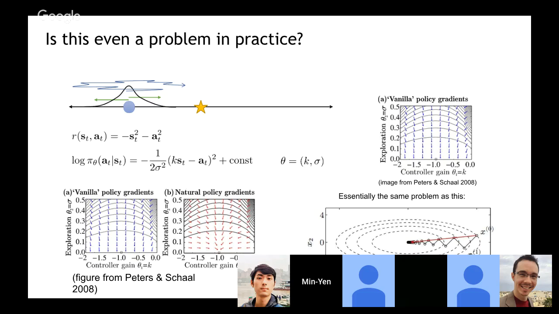so to explain this, I don't completely understand this, but I'll go through it. So the problem is that we have a 1D space and we're trying to reach a point, and we can take continuous actions. We can define our reward as the distance from our current position to the goal plus the size of the actions. That means we cannot take big actions. And then if we use this simple policy, which says that